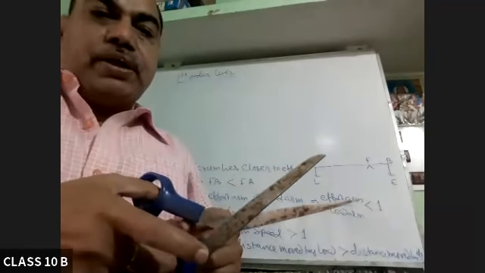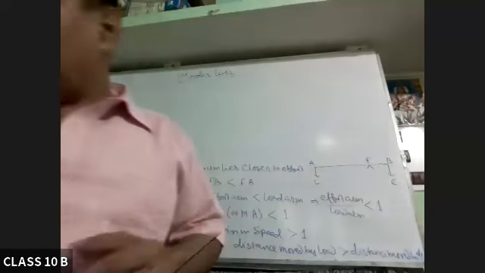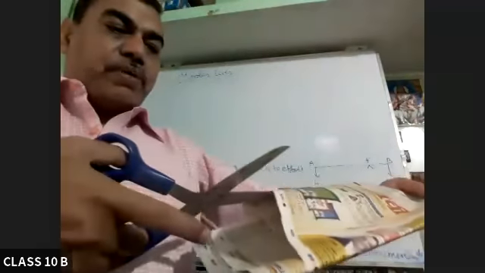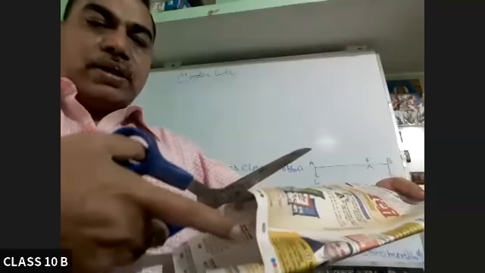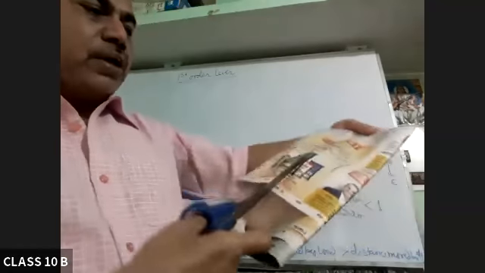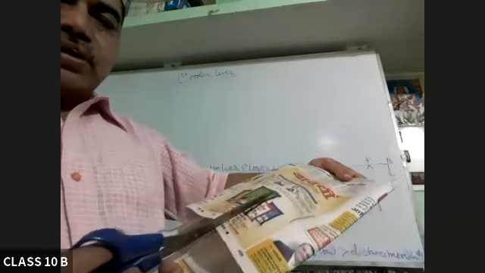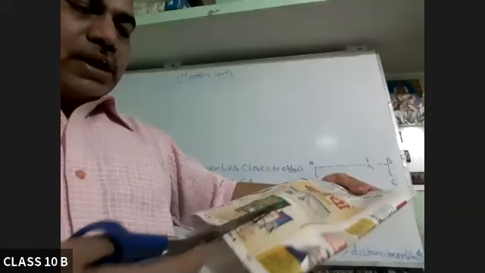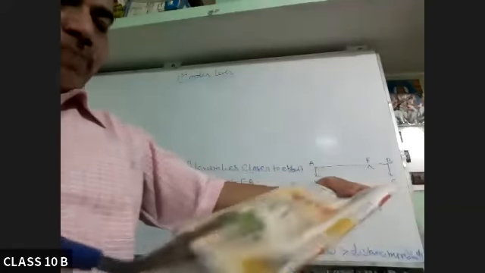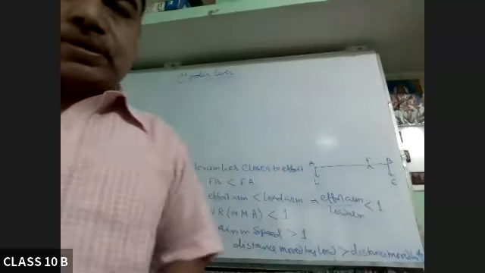So what will be here? When we move the finger by a small distance, a larger part of the cloth can be cut. So suppose here we are cutting paper, placing it like this. Then when we move the finger by 1 centimeter, from here to here the paper is cut. This distance of paper is cut. So we have moved the finger 1 centimeter, but here more than 5 centimeters of paper is cut. So that is the purpose.